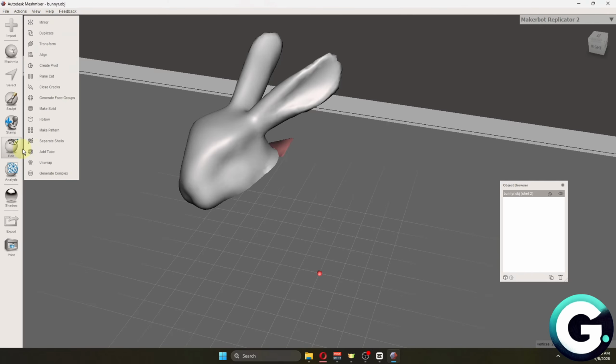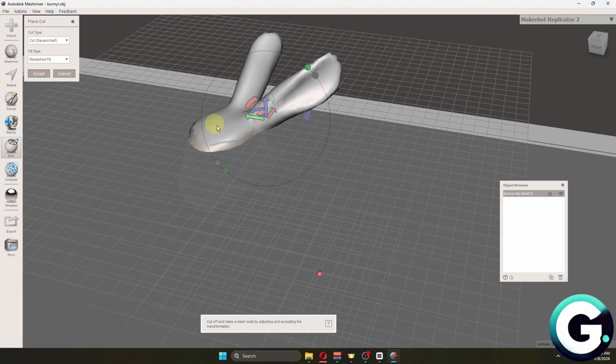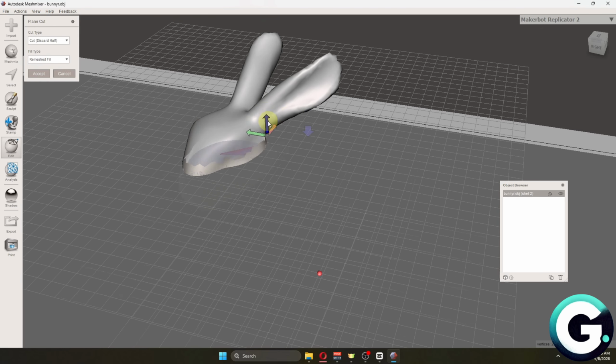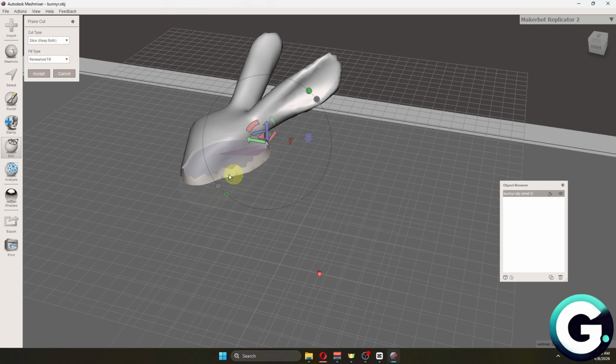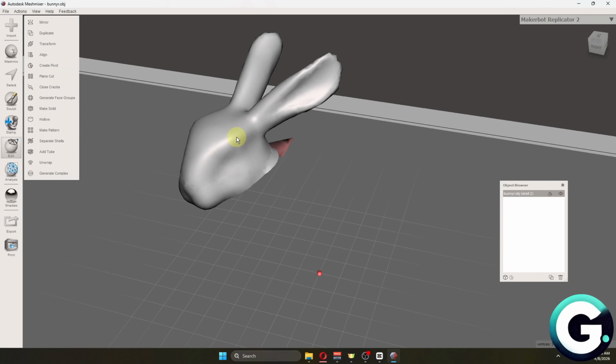So in my case, I'm going to click on edit. Let's click on plane cut. And then basically from here, I'm just going to slice our model into two objects, and I want to keep them together. Now, if you want to separate your shells, you can just click on it, and from here